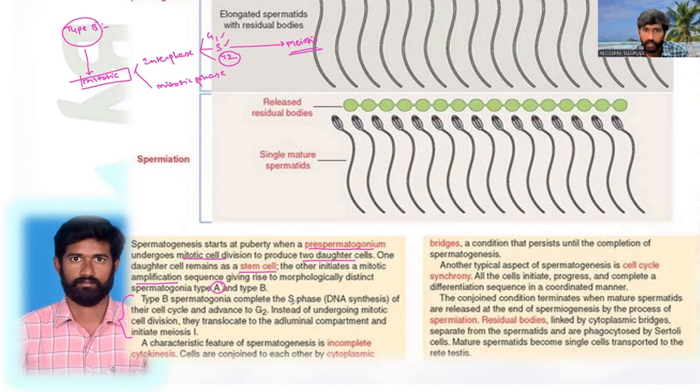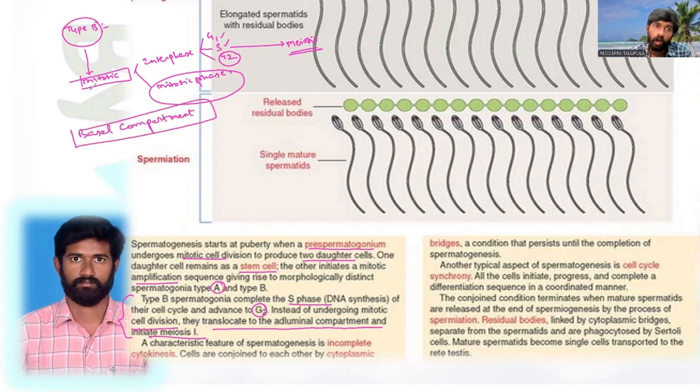Type B spermatogonium completes the S phase, that means the DNA synthesis of their cell cycle is doubled, and advances to G2 instead of undergoing mitotic cell division. That means instead of the mitotic phase, they translocate to the adluminal compartment and initiate meiosis 1. Up to now, all these things happened in the basal compartment, but after translocation to the adluminal,